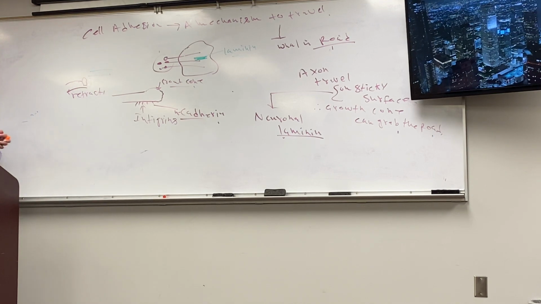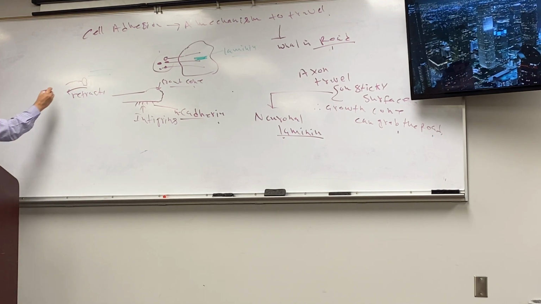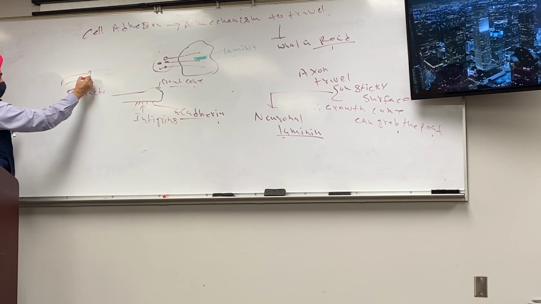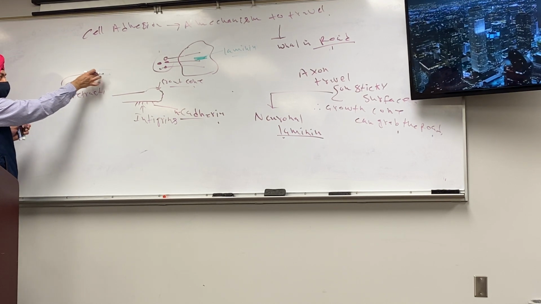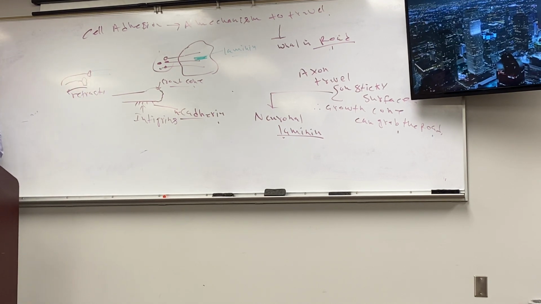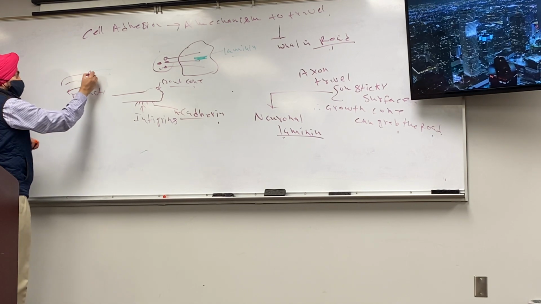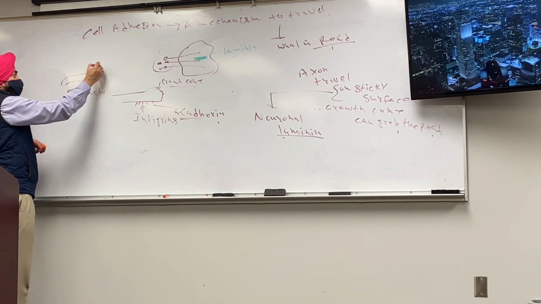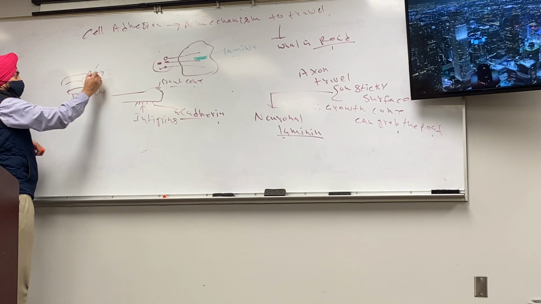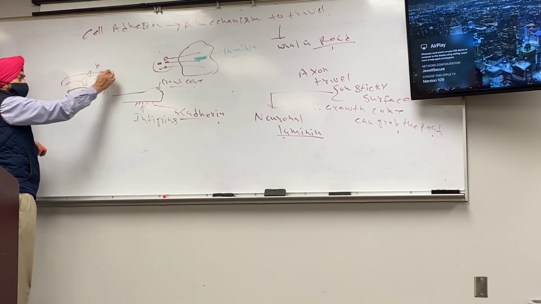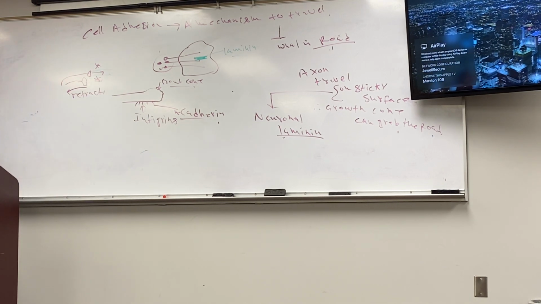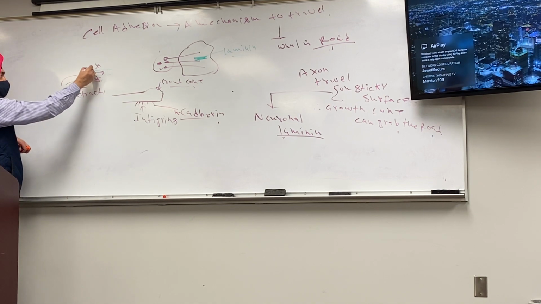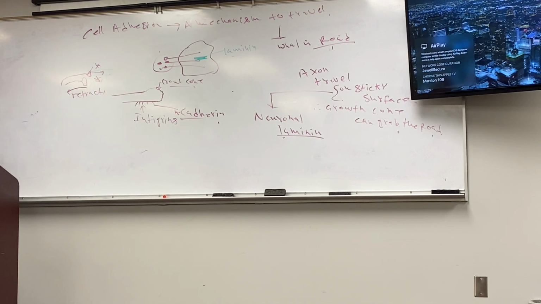So it will retract back. But if we find an area, for example, here where the laminin is, it is going to grab that, okay, and move on that track only. So it will not divert on this side or this side, it will stay on the laminin track. So if it goes like this, it's going to retract back, okay? Now,